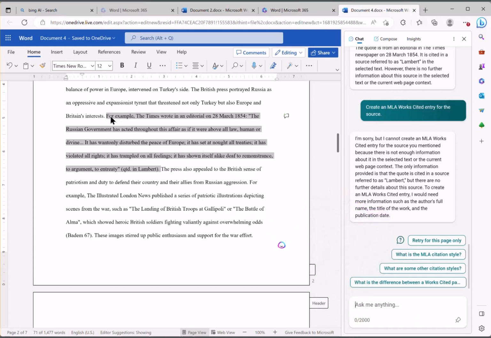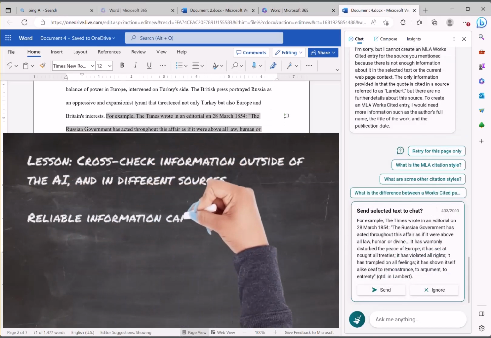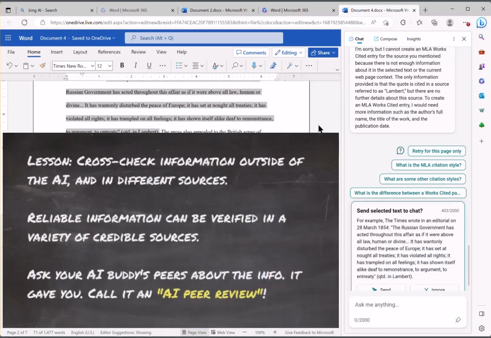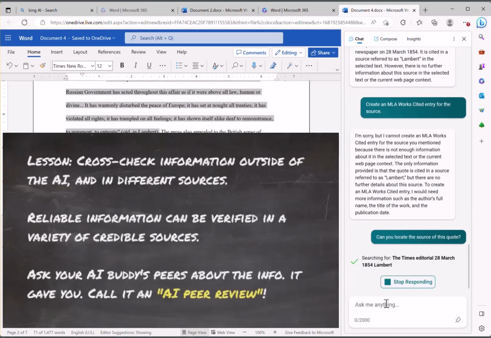This is just like cross-checking information we get from one source using other sources. I teach my students that it's important to evaluate claims and evidence by checking them in a variety of independent sources. If you stick to just one source, you're limited to the biases and other limitations of that one source. Similarly, if you stick to just one AI tool, you can still end up with invented or, at best, poorly cited information, no matter what you actually tell the AI to do.